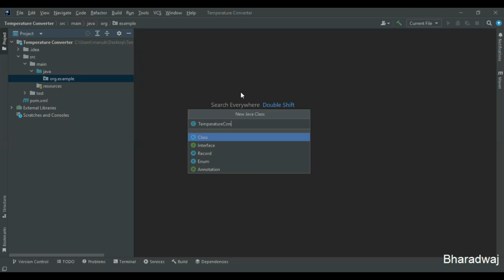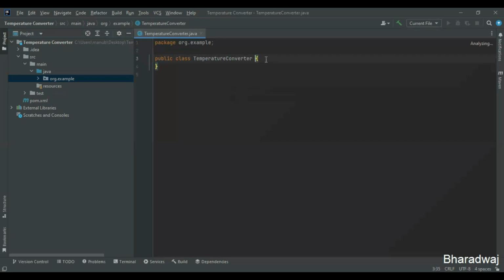Temperature converter. We'll just hit enter. So here what we have done, we have defined a public class named TemperatureConverter, right? So next, as usual, we'll define the main method. I'll just give